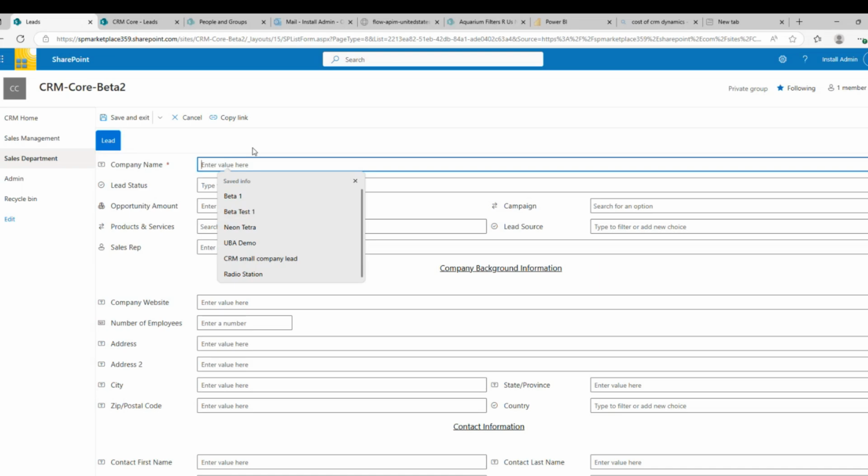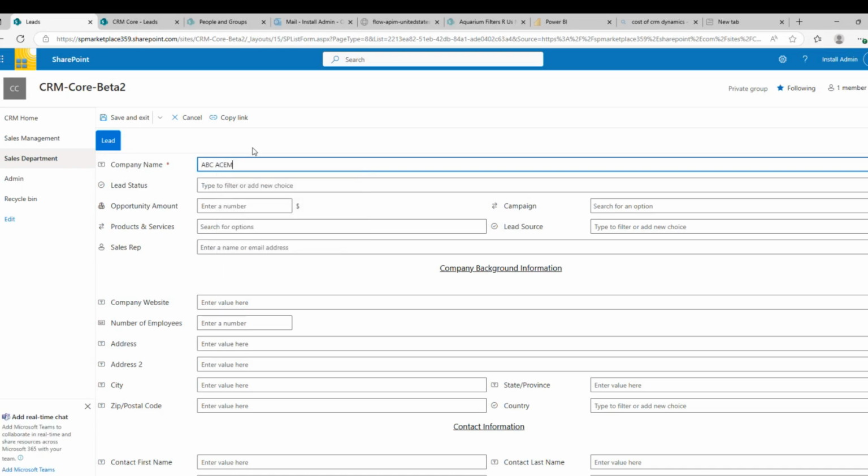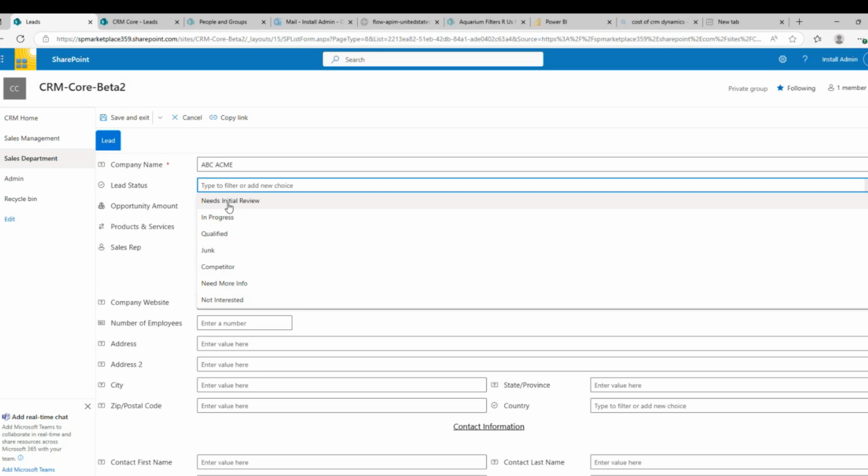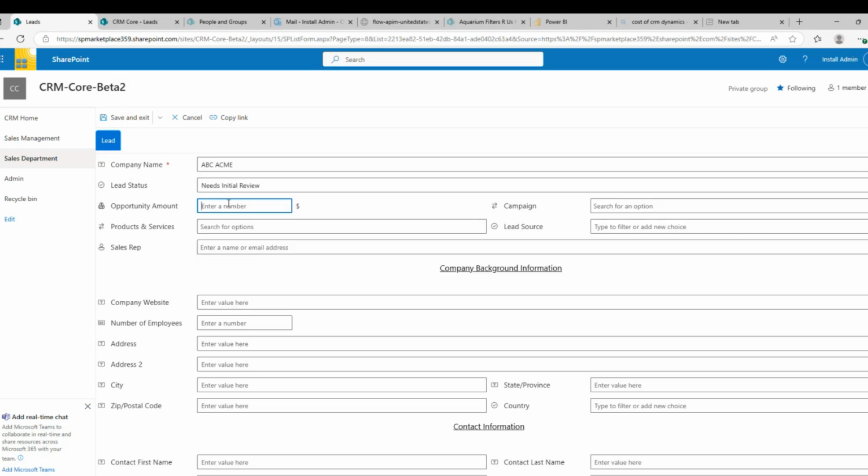a lead. And we're going to start with ABC Acme Company. And the lead status is going to start off as needs initial review. The opportunity amount is pretty much unknown, so we're just going to put in $100. Do we have a campaign? And we talked about campaigns in a previous video. If we put in a campaign and we say trade show, then this lead is going to be associated with that trade show. And when we look at the statistics at the end of the day, we'll know what's going